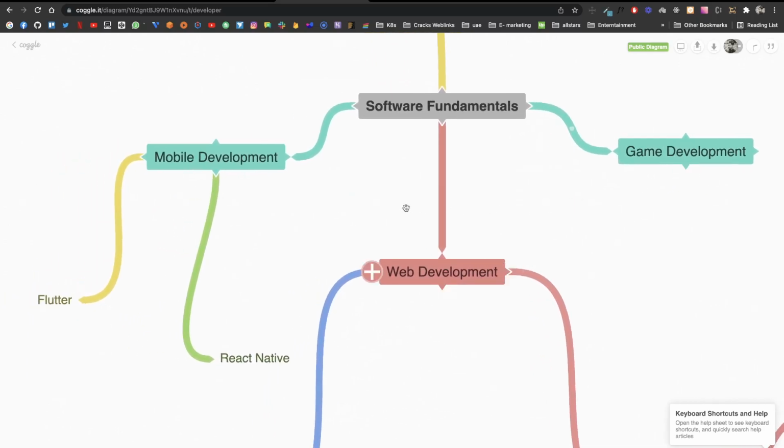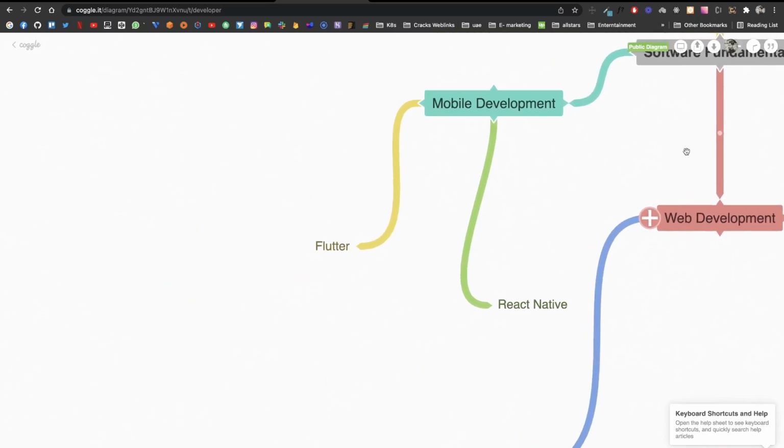For example, if you want to become a mobile developer, you have two paths. Either you become a Flutter developer. I'm talking about 2022, so this video is specific to 2022 onwards, what is in the market and what is going to come. We have Flutter and React Native, which are some of the best technologies, and there are some pros and cons.